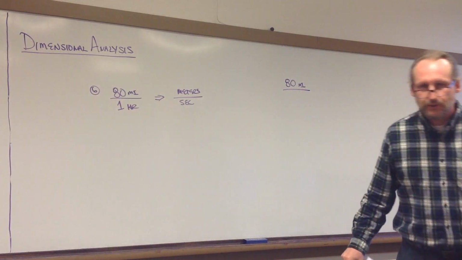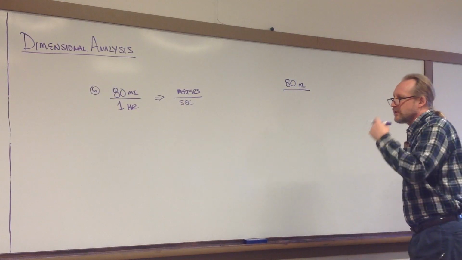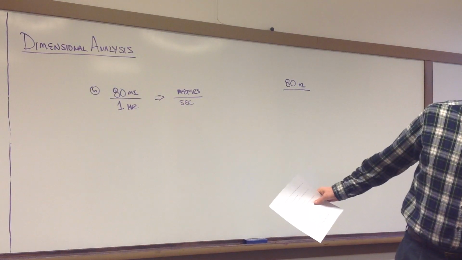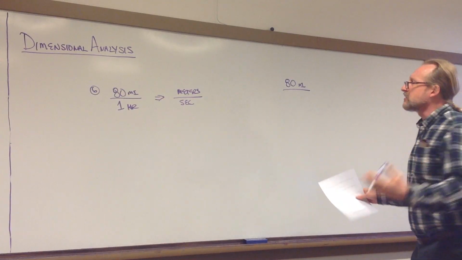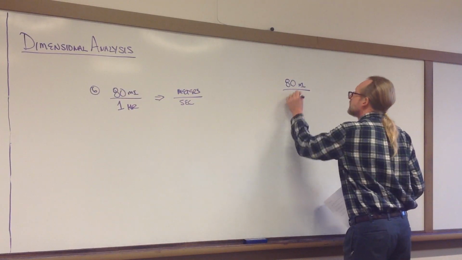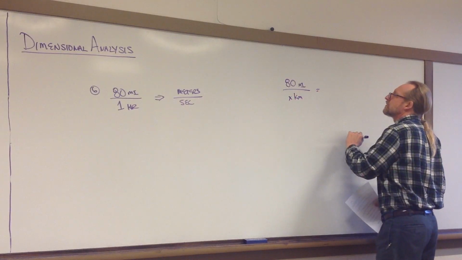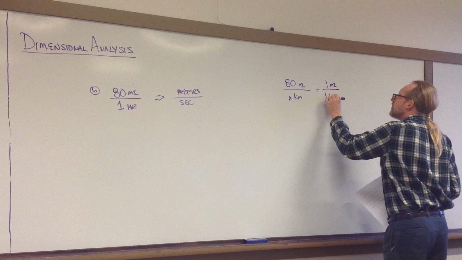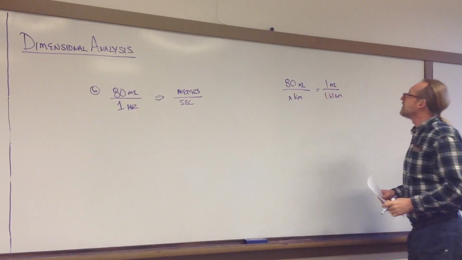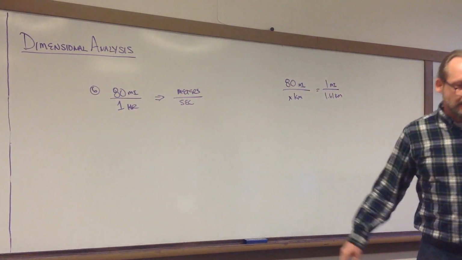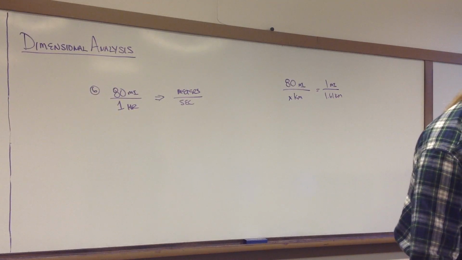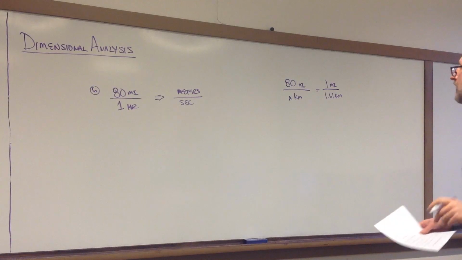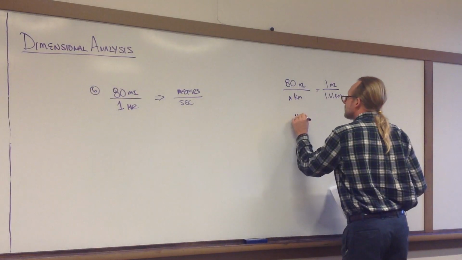Now you can do this a couple of different ways. You can convert it into meters and feet and so on. I'm going to convert the miles into kilometers. And we know that 1 mile is 1.61 kilometers. So this is going to be 80 times 1.61, and that's 128.8. So X is